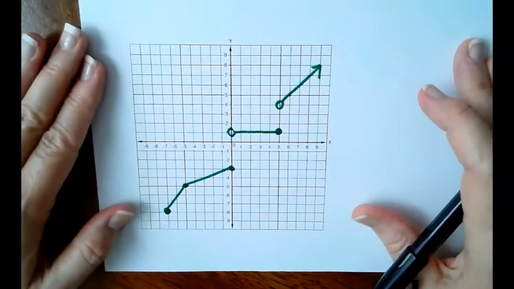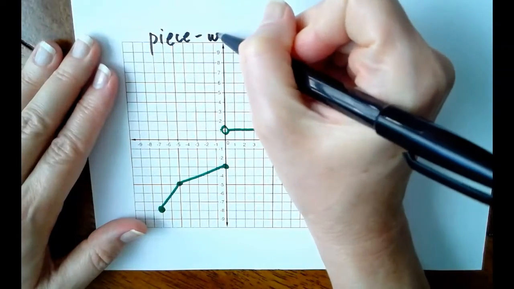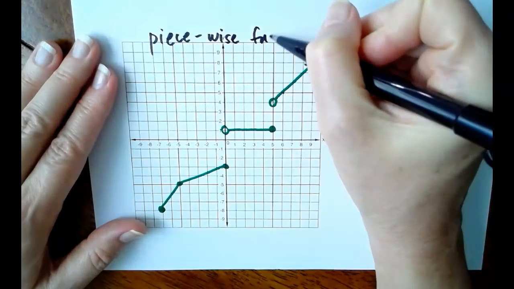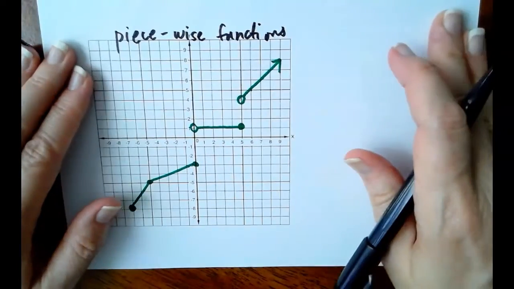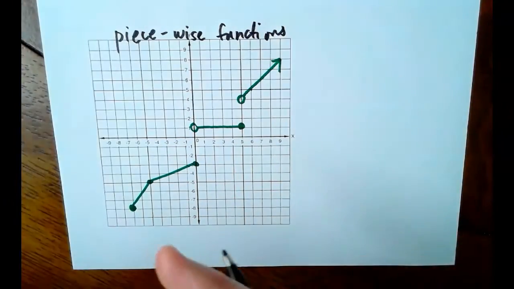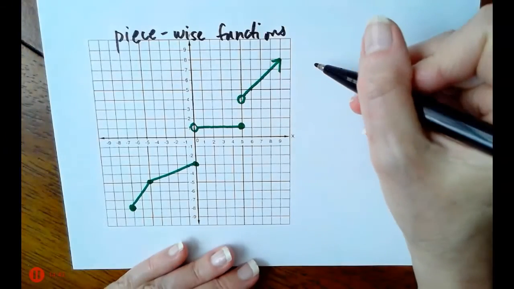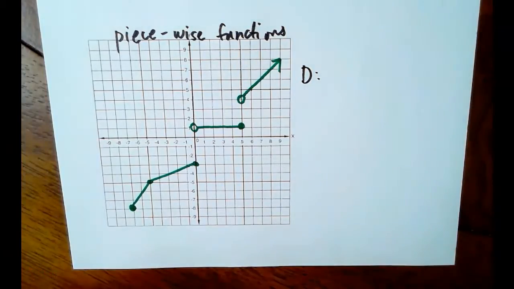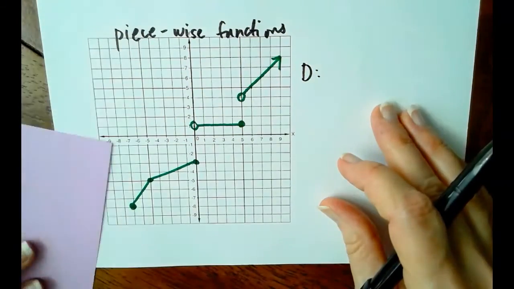On the bottom of our sheet here, this is a piecewise function. Piecewise functions have all sorts of applications in business fields, manufacturing, lots of applications in science. This is just a nice little graph, and we're going to find the domain. Remember, the domain starts on the left, so we're looking for an arrow on the left. There isn't one, which means that